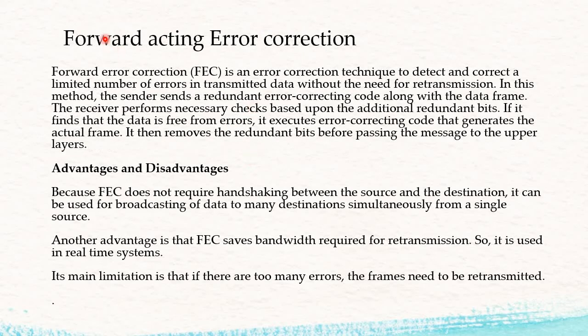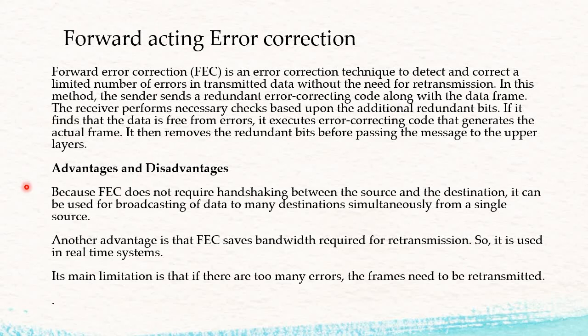So what is forward error correction? Forward error correction, that is FEC, is an error correction technique to detect and correct a limited number of errors in transmitted data without the need for retransmission. In this method, the sender sends the related error correction code along with the data frame. The receiver performs the necessary check based on the additional redundant bits, and if it finds that the data is free from error, it accepts it, and if the data has errors, it will perform the error correction operation, and then it removes the redundant bits